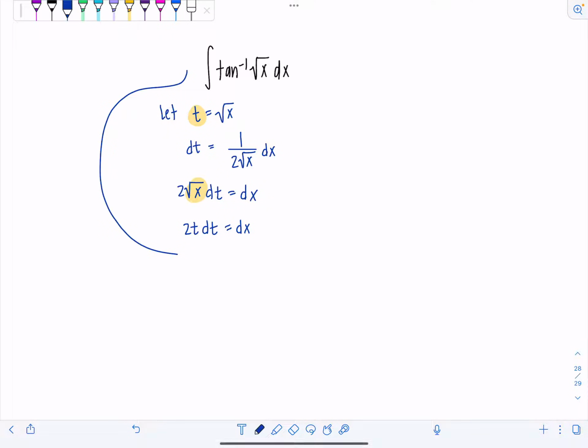So we can rewrite the integral now in terms of t. So we have the integral of tan inverse of t instead of rad x. And then dx is 2t dt. So I'm going to write it with the 2t in front of tan inverse of t and then dt over here. Okay, you might say, oh no, this looks worse, but now we can use integration by